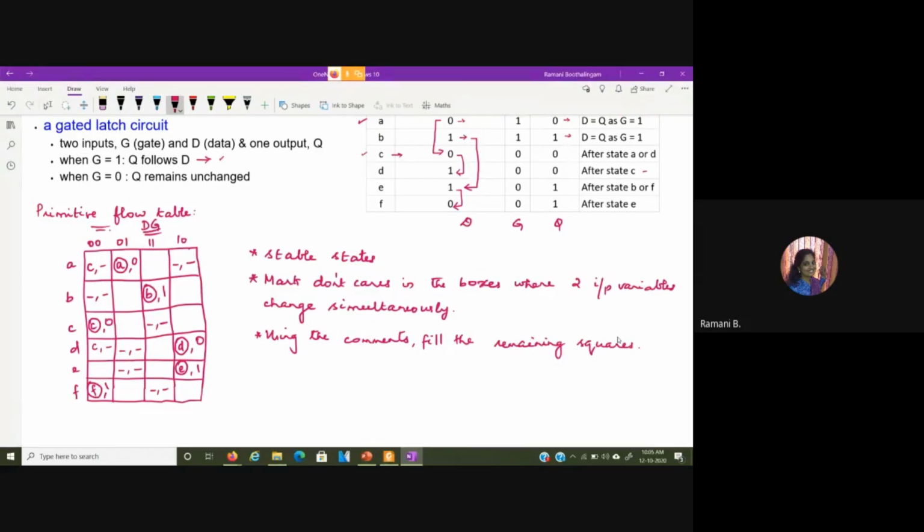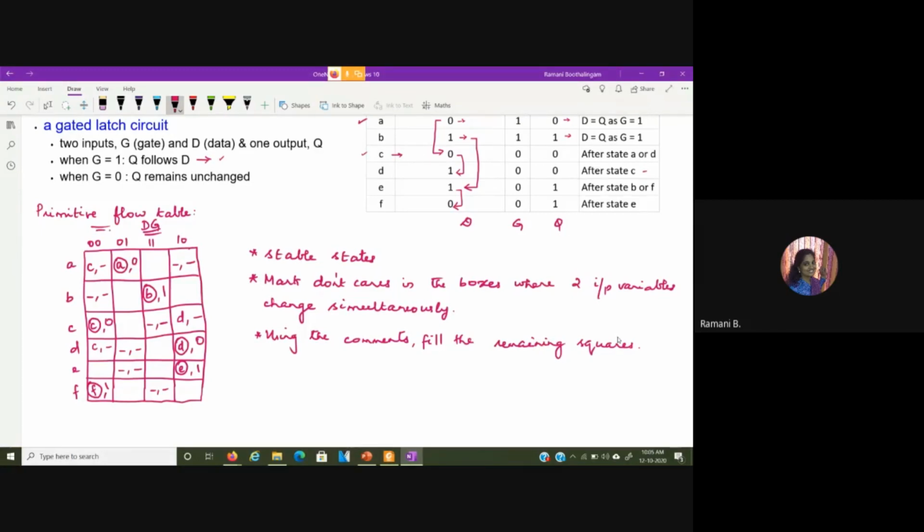Next, we have for D, it is mentioned that this occurs after state C. So, in the 1-0 input condition of state C, we should give D. So, for the 1-0 input condition, this is D and the don't care. This implies when the present state is C and the input condition is 1-0, we are in the unstable state D, and then it will reach the stable state.